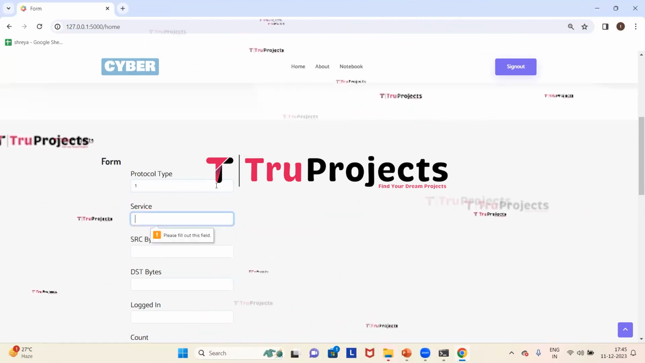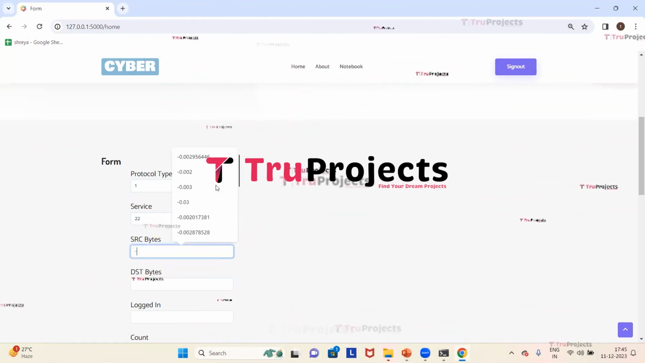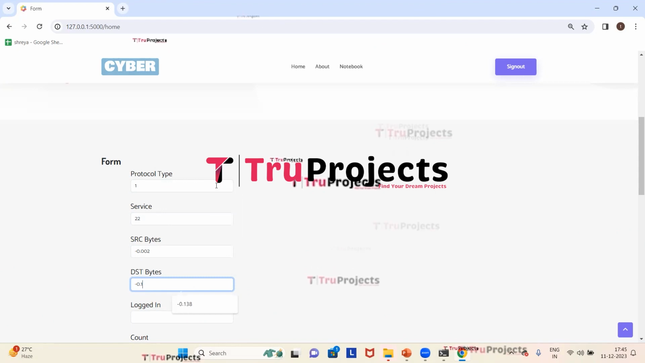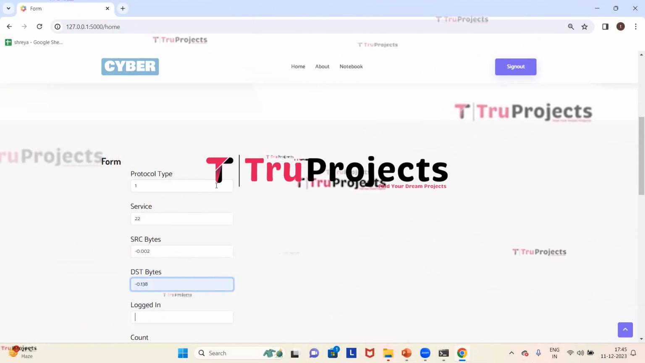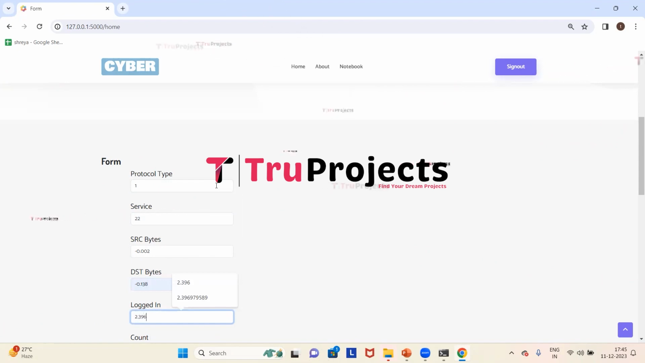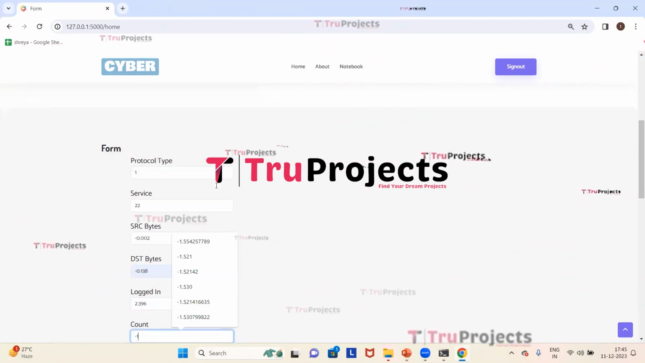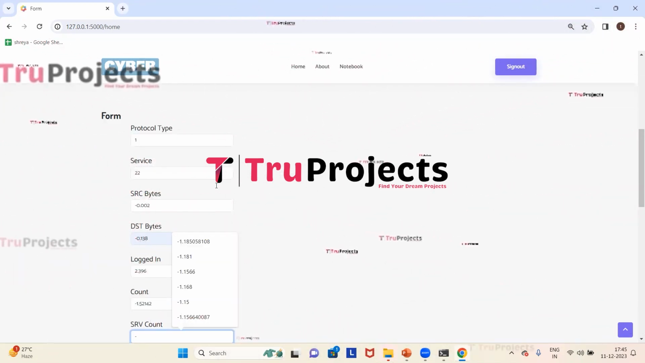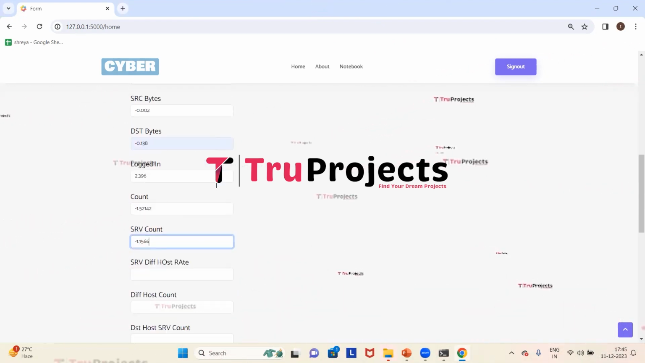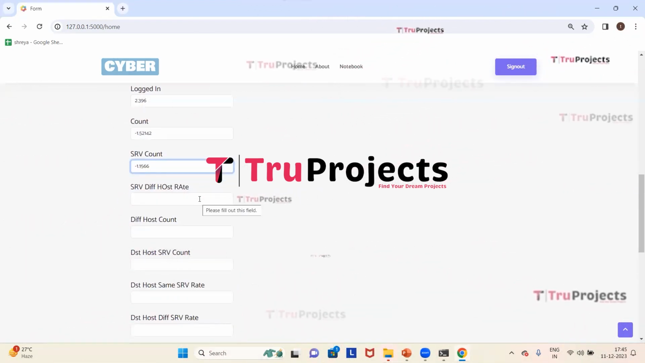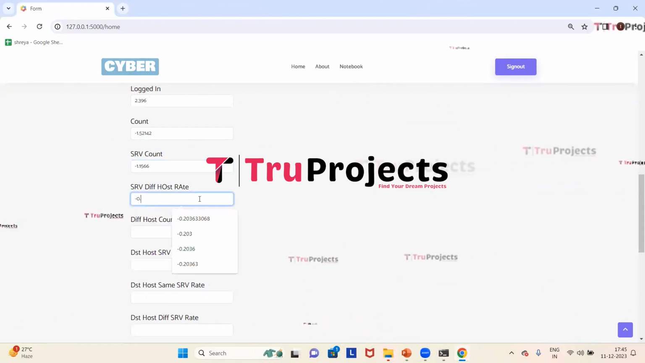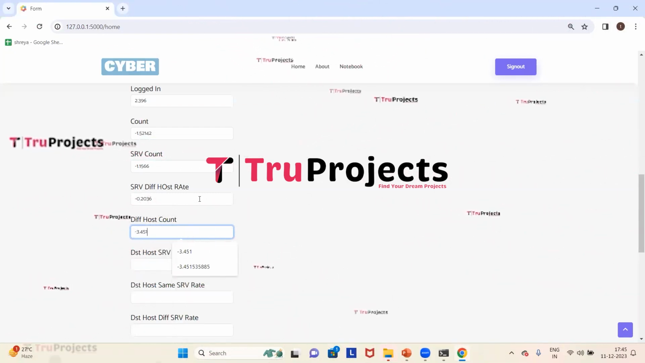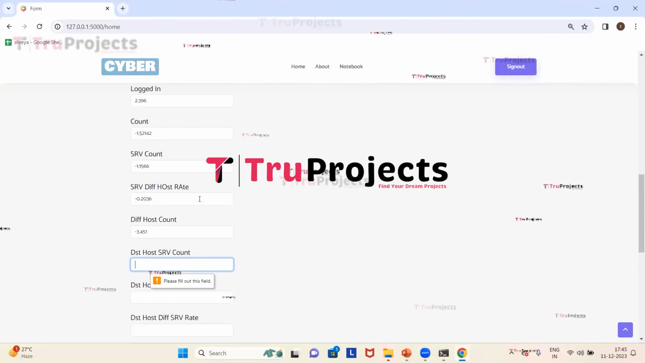So the protocol type is 1, service is 22, SRC bytes are minus 0.002, destination bytes are minus 0.138, logged in value is 2.396, count is minus 1.52142, SRV count is minus 1.1566, SRV different host rate is minus 0.2036, different host count is minus 3.451, destination host SRV is minus